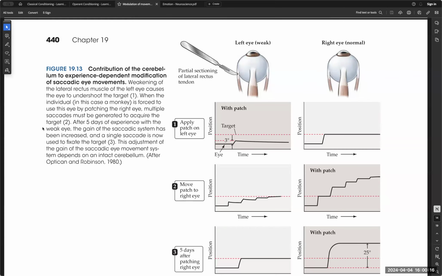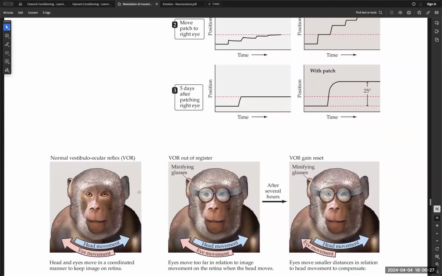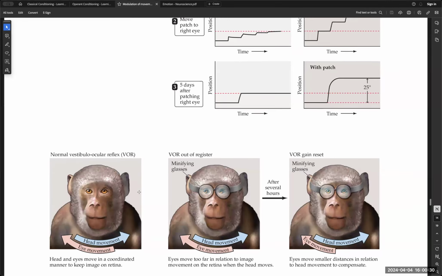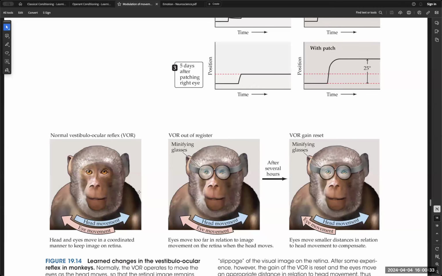Now I have a representation of what is in front of me. If I put lenses that either decrease the size of the environment or increase the size of the environment, I can see what happens with minifying glasses or magnifying glasses, in terms of the eye and head movements, and then remove these glasses. I'll see exactly what happens in terms of over and under compensation. You see? So basically that's how you think about the contribution of the cerebellum based on sensory input and